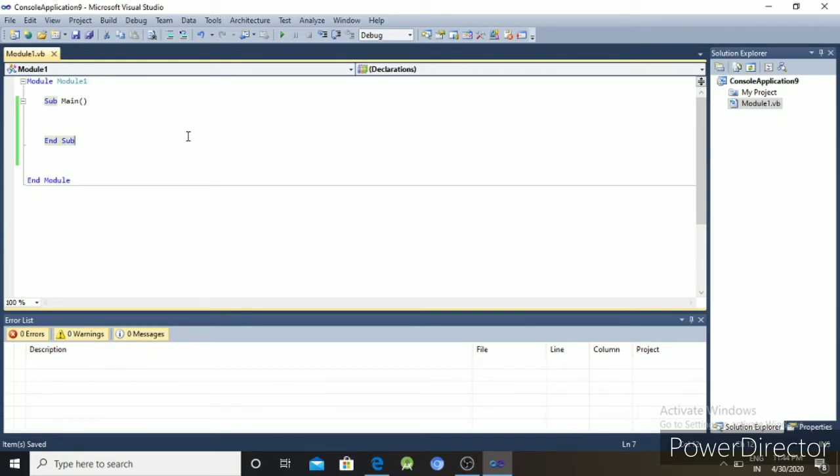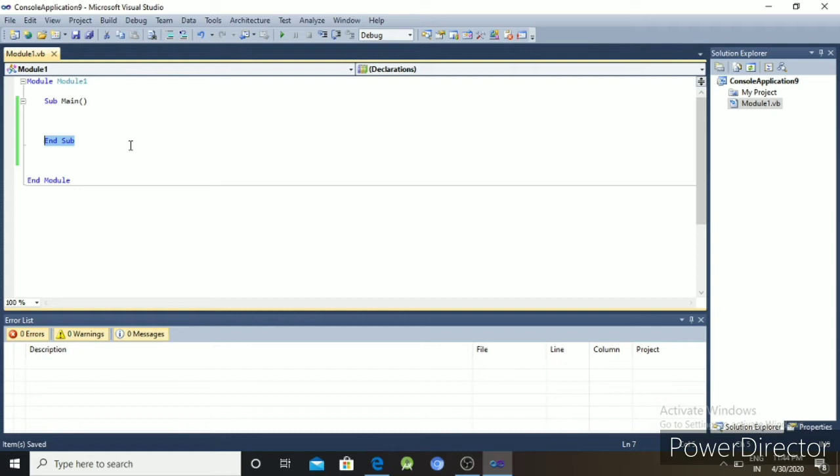Procedure is nothing but a statement which performs a specific task. We have written the program inside a Sub Main. So Sub Main is a sub-procedure in VB.NET. Sub-procedures are created with the Sub keyword, followed by the sub-procedure name, and end with End Sub. Procedures perform some specific task and end with End Sub. You can create your own procedure with some process or method.